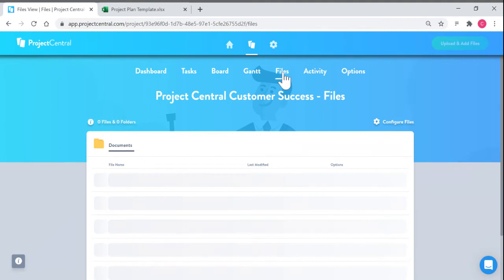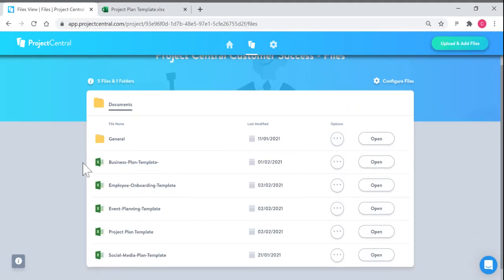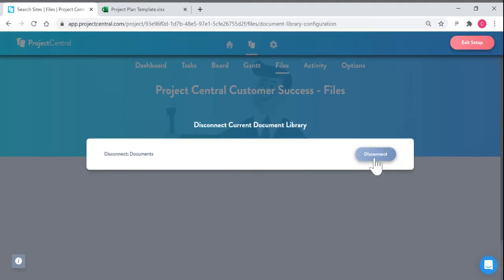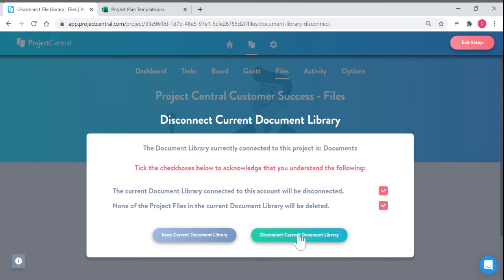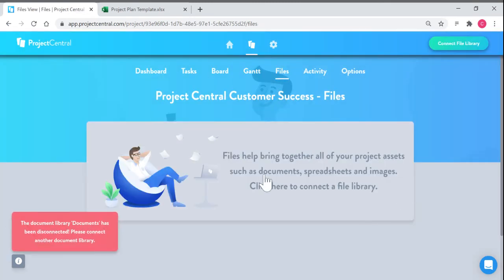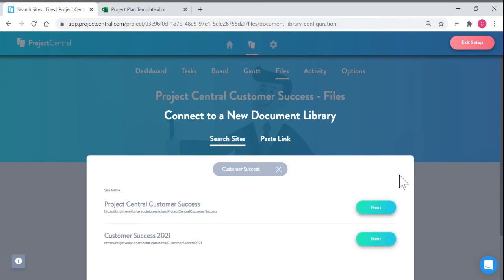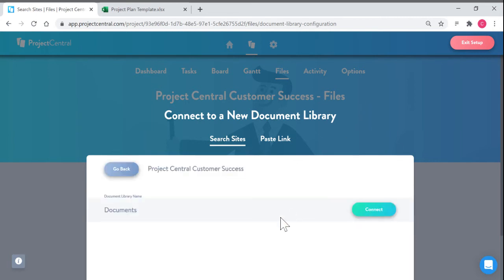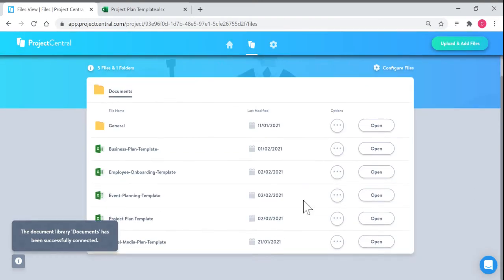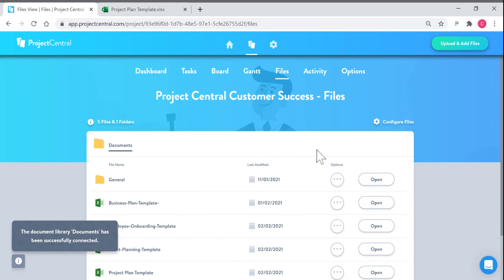And in the file section here, you can see what file library you're attached to and work with these documents. I'm just going to disconnect the library we currently have access to show you how that works. So to connect, you just click here, search for whatever site you're interested in, or just press enter to see all the sites you have access to. I'm going to connect to the customer success site and the document library. And then you can see all these lovely documents I can now work with attached to files